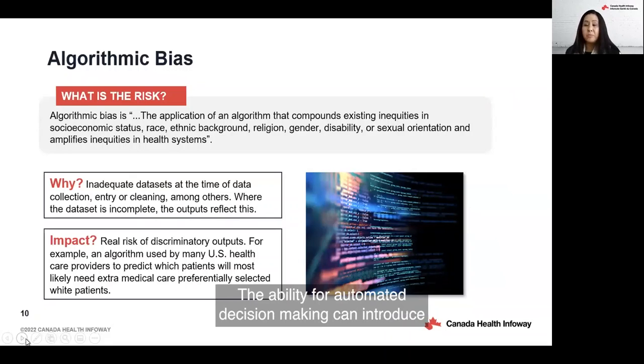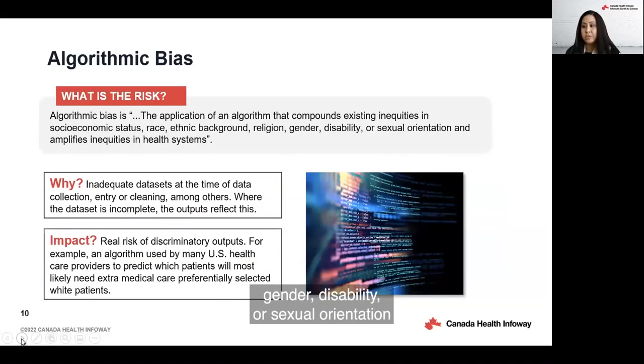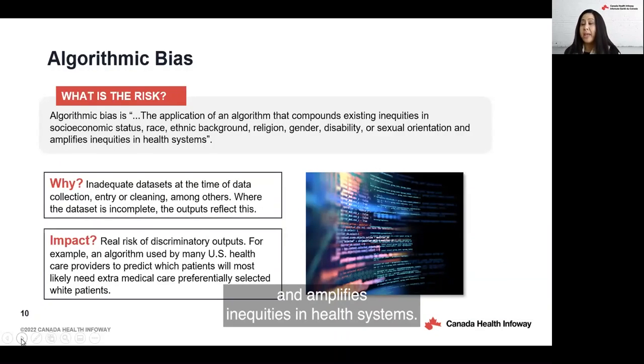The ability for automated decision-making can introduce the risk of algorithmic bias, which is defined as the application of an algorithm that compounds existing inequalities in socioeconomic status, race, ethnic background, religion, gender, disability, or sexual orientation, and it amplifies